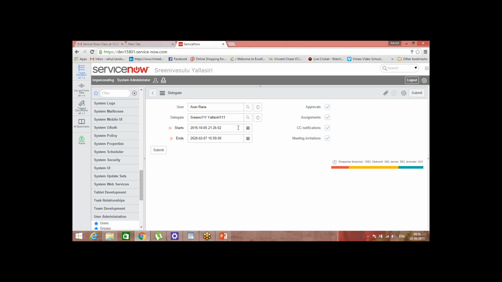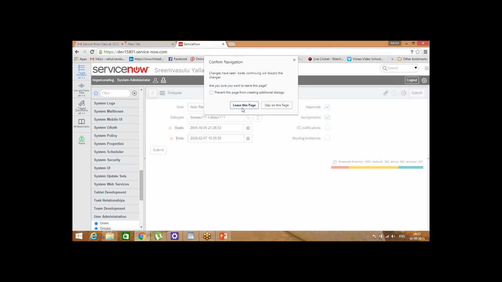If he doesn't want to receive notifications, you can remove this, or meeting invite, you can remove this. Only approvals and assignments. So that is up to us. Okay. This is how we will delegate our task to a particular user, the delegator. Okay. So I don't want to save. I'm going back again. If you don't want to save anything, you just hit the back button.